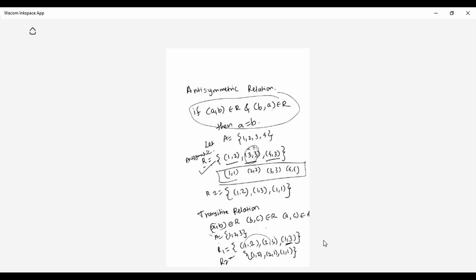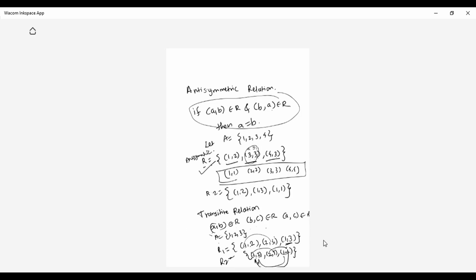Now, what you have to do? You have to check the second one. Cross traversing also you have to do, student. 1 to 2, 2 to 1. Yes, 1 to 1 I'm having, right? 2 to 1, 1 to 2. But you have to see 1 to 1 and 1 to 2. So this one and this one also you have to travel back. So 1 to 1 and 1 to 2, 1 to 2 I'm having, student, right?